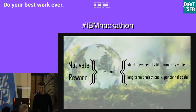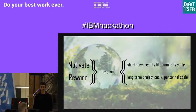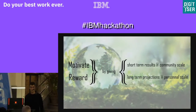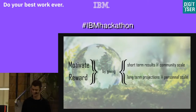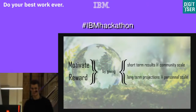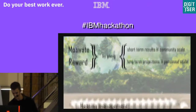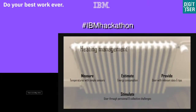So what we want to do with our solution is we want to motivate and reward the user for his effort by giving him both short-term results, but at a community scale for a large group, and also long-term projections of his effort at his personal scale. We decided to focus our scope to